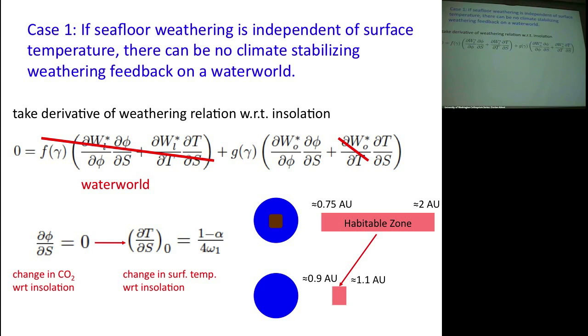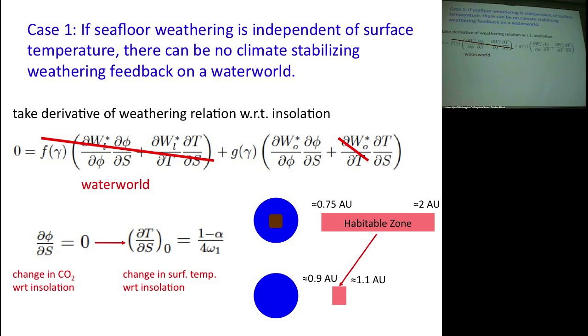And so the way I do that is I take this equation, and I differentiate with respect to S, and we remember that W is equal to a constant, so the d/dt of this equation has to be 0. And you just sort of move the terms through, and this is what you get when you differentiate the weathering with respect to S.